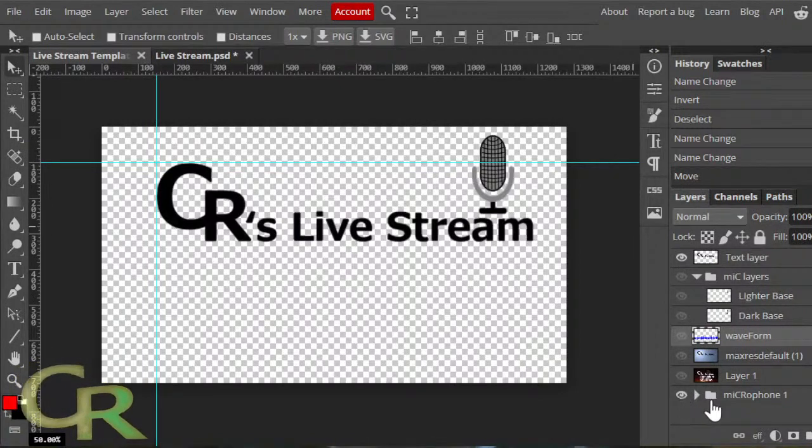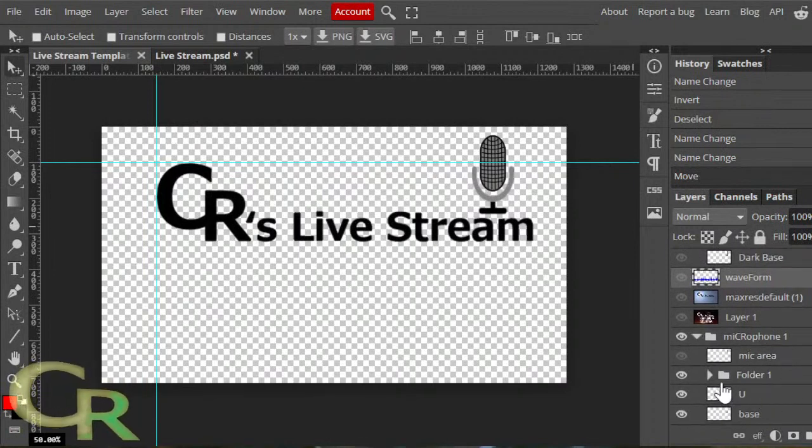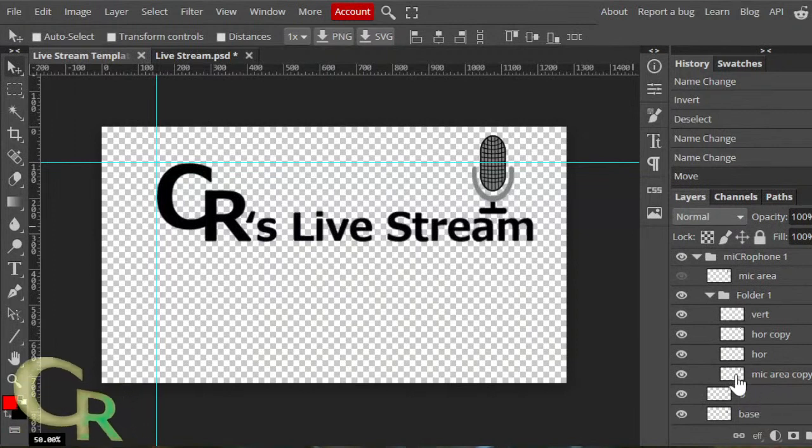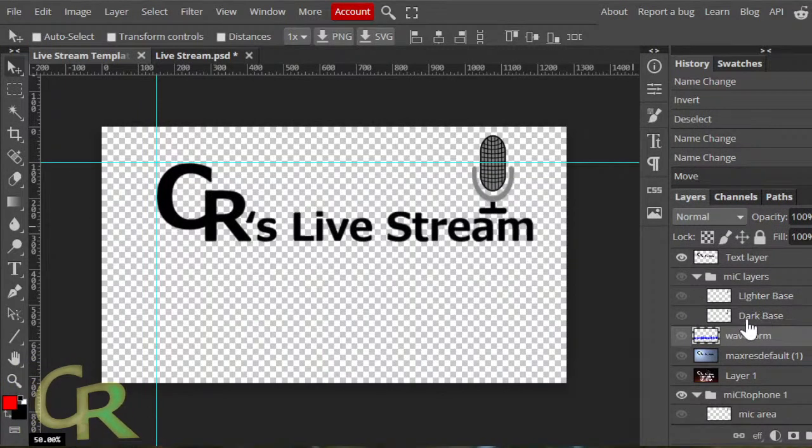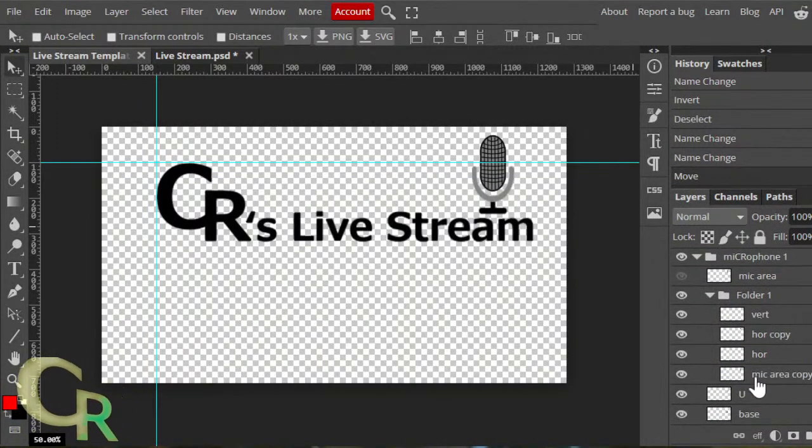I have a backup copy of that microphone, which is actually all the layers separate. So if anything, I could still alter it and update the lighter base or the darker base ones. Okay. So you can see what I did here.